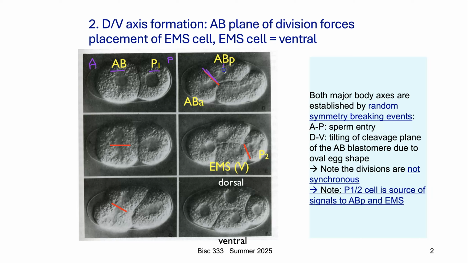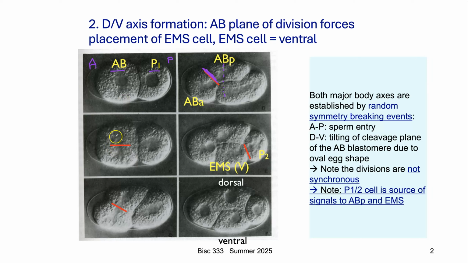So the previous one was like this, and this plane of division is at an angle to it, not quite 45 degrees, or well, maybe almost 45 degrees. And so when they divide, there is a cell towards the more posterior called the ABP. There's a very precise way of naming all the cells, and a more anterior one called ABA. Okay,